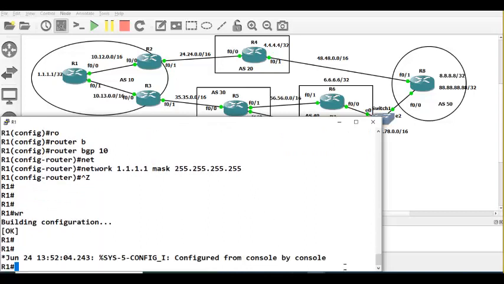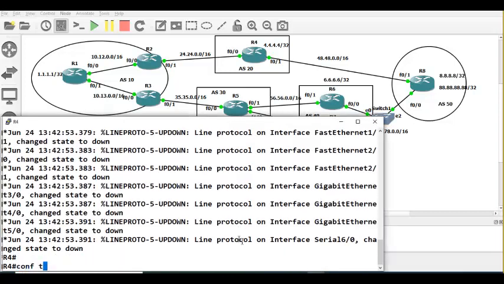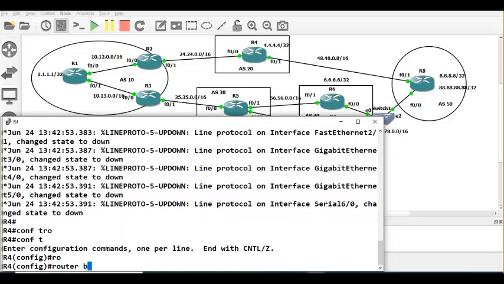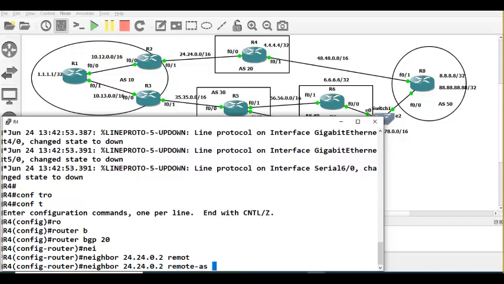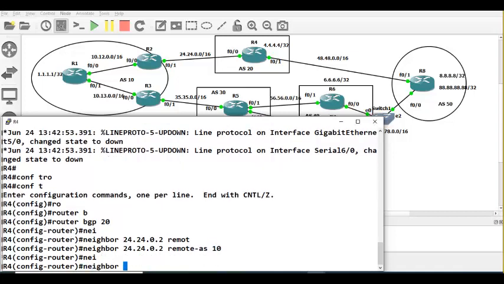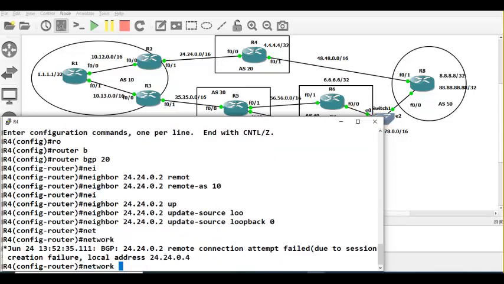Now router 4. Remote AS 10. Update source loopback 0. And I would like to advertise